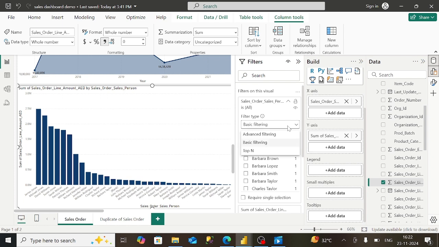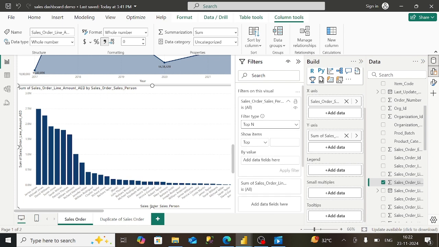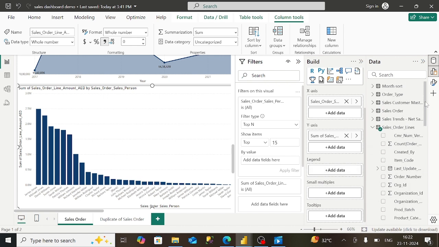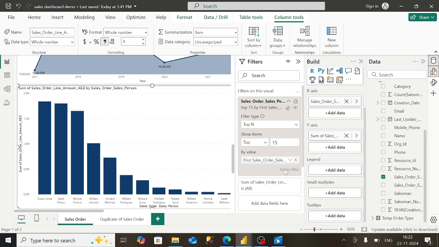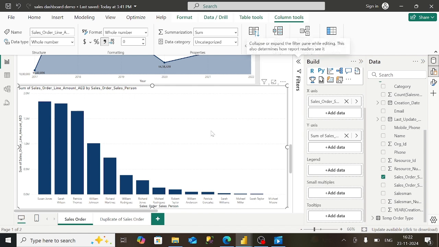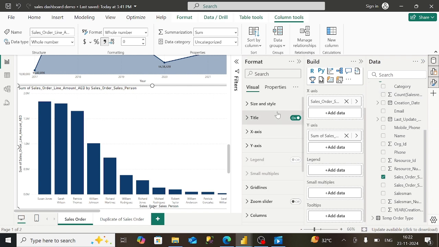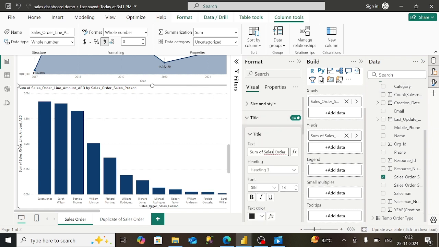So the filter type we will change to top N, and we will select top 15 salespersons. So I will drag the field over here, sales order salesman person field, and we will apply the filter. So as you can see, we got 15 salespersons over here. Now we will open the format tab and we will select the title as